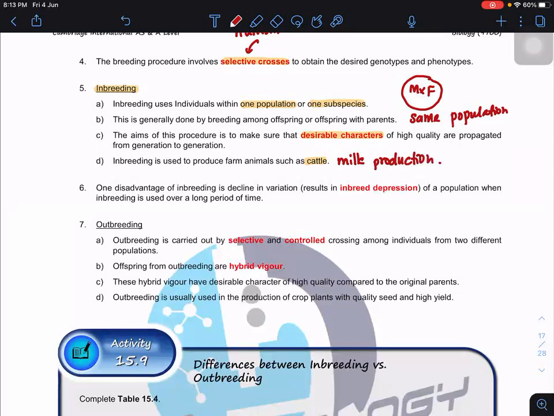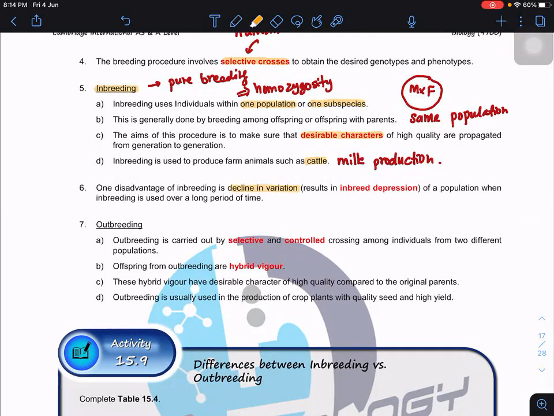Okay, so what is the disadvantage? When inbreeding, most of the time you're going to have what we call pure breeding. Pure breeding and inbreeding promote homozygosity. Now, what is homozygosity? Basically, when you continue to breed and breed over a long period of time, most likely they will be homozygous. For milk production, it may be homozygous dominant, so no problem, they can produce high quality milk, but they may have certain recessive alleles together that cause disease. So this kind of decline in variation